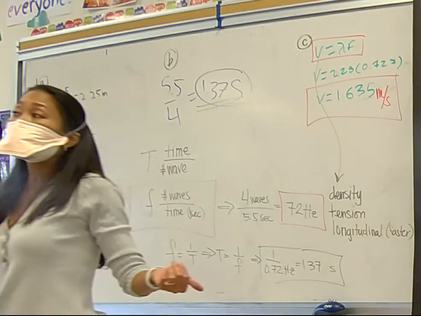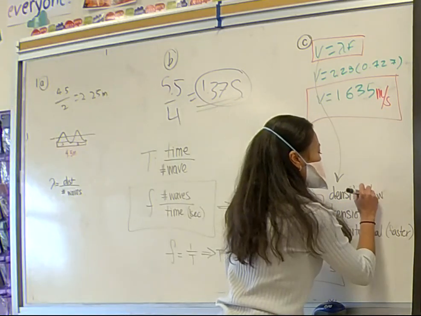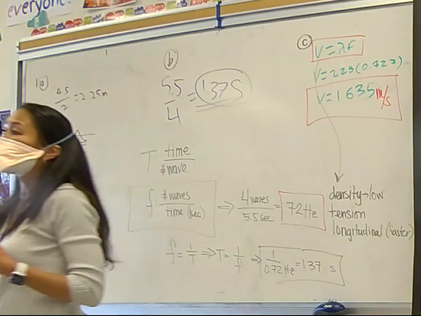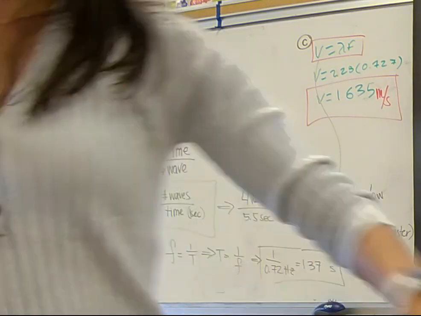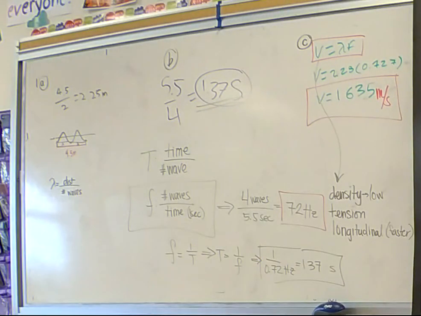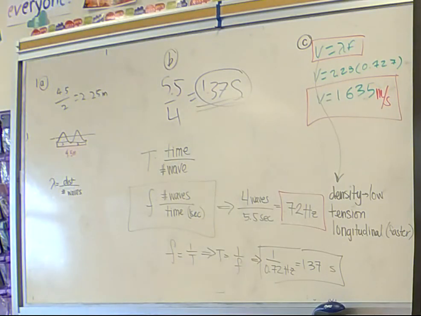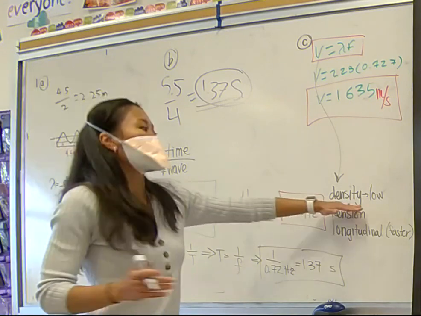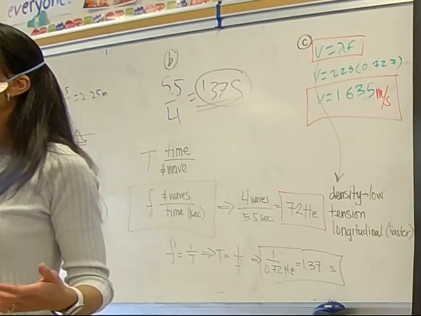Sound waves are a little different. Low density causes waves to travel faster, with the exception of sound. And like we saw in yesterday's video, I actually did it with our music box guts, right? If it goes through a solid object, high density, it's going to move faster. But that's not what happened for our Slinky wave, or most types of waves. With that said,